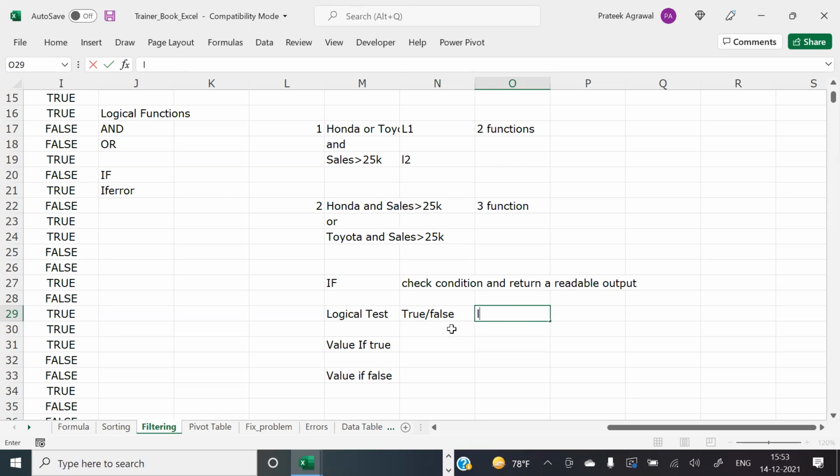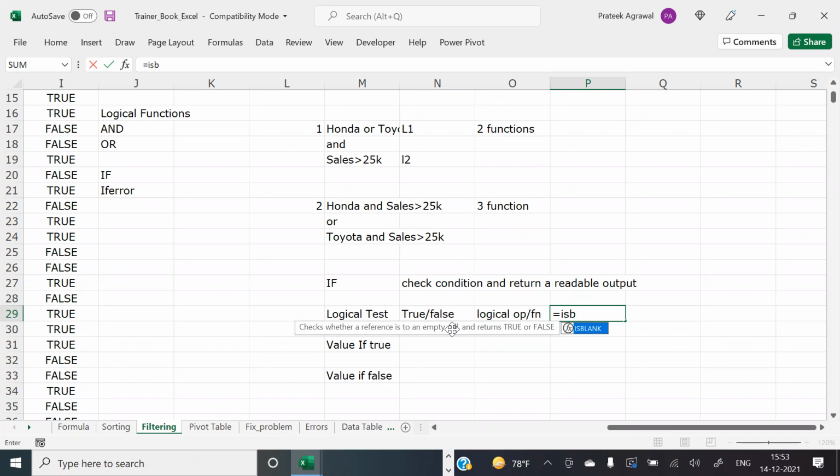Logical operators and functions, exactly. Think about ISBLANK. Do you think you will have a utility for ISBLANK standalone, to check whether the cell is blank or not? Probably not.